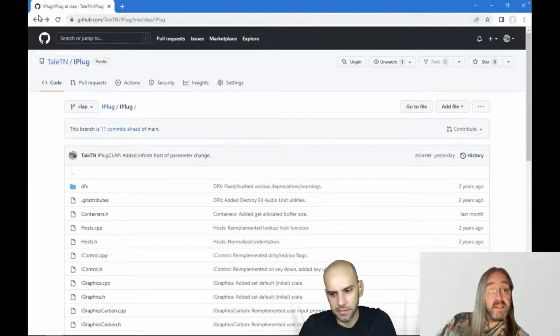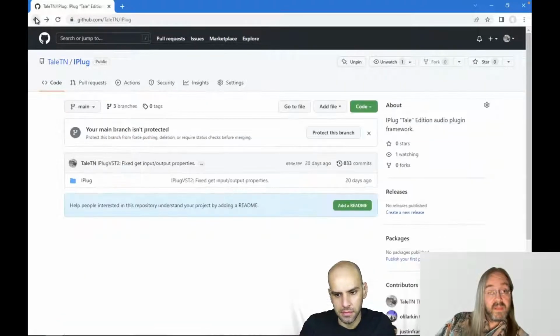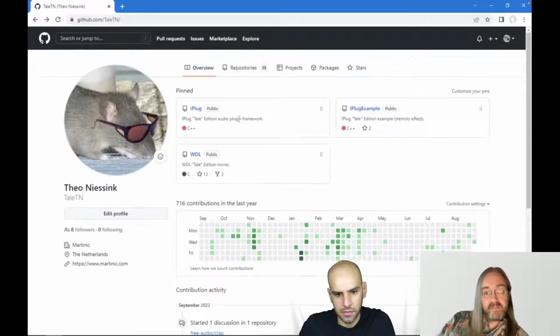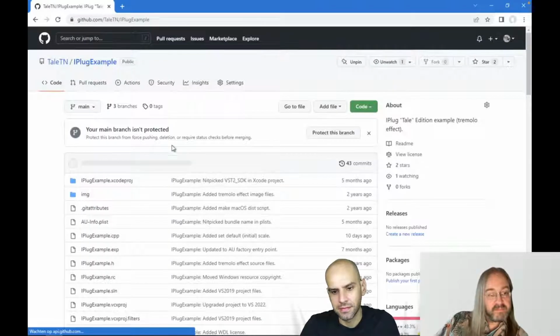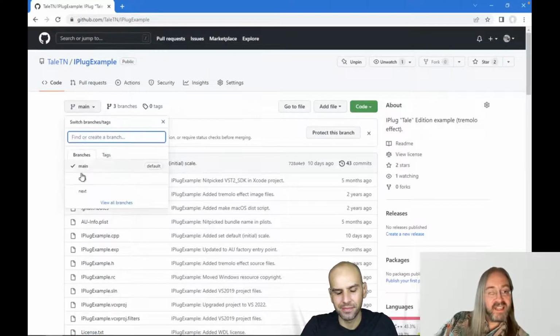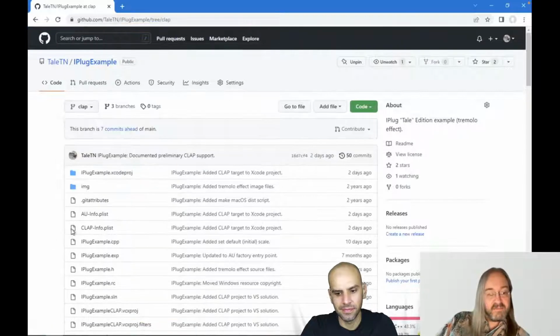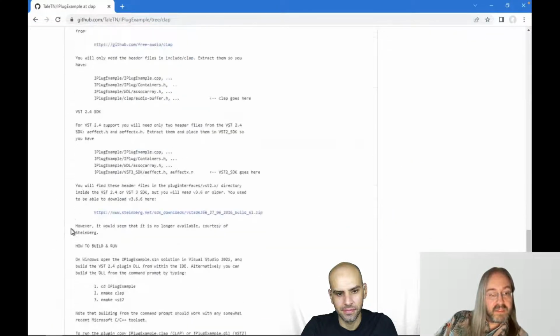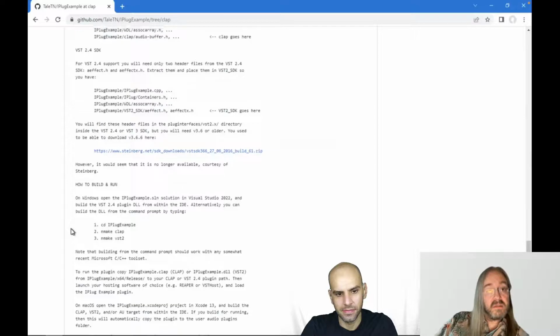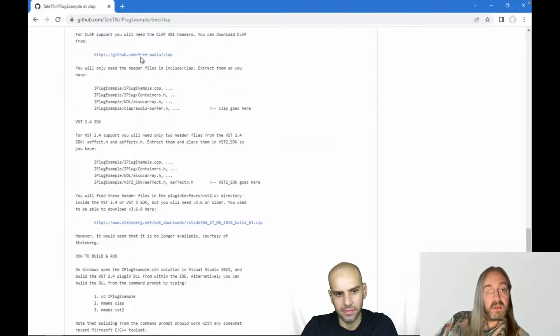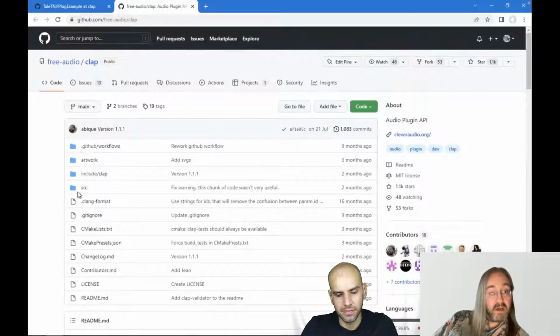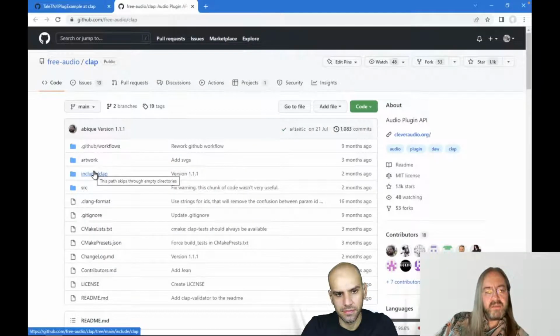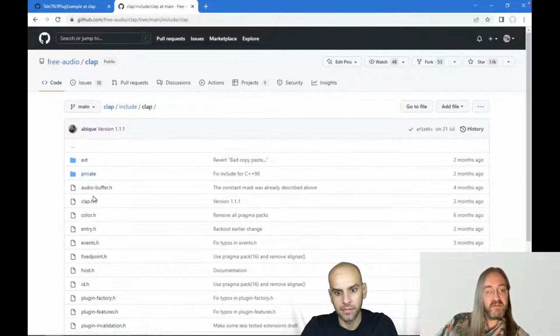If we go back to the Clap, I guess I should have opened a separate tab for that. I will now, because now I have to switch to Clap again. So there is some documentation, but I think it's actually extracted from the source code. So I only look in the source code for documentation.